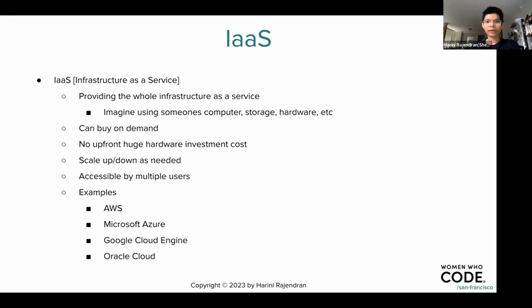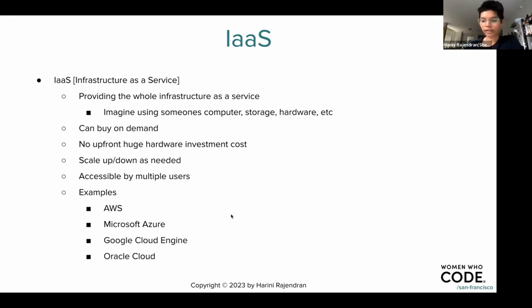Like many of the bigger companies, like for example, the company that I work with, Confluent, we heavily use infrastructure as a service because we just get Kubernetes clusters from AWS and Google Cloud, and we take care of everything, like what OS to deploy in that, what applications to run, how we monitor those applications, how we scale up, scale down. All of those is handled by us, and we don't depend on the cloud providers to do that for us. So yeah, that is infrastructure as a service.